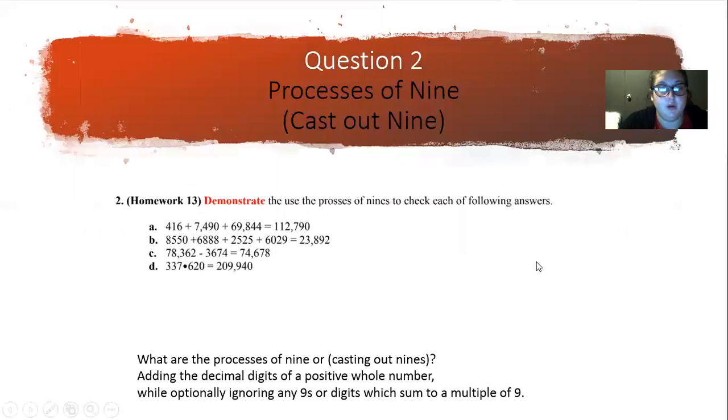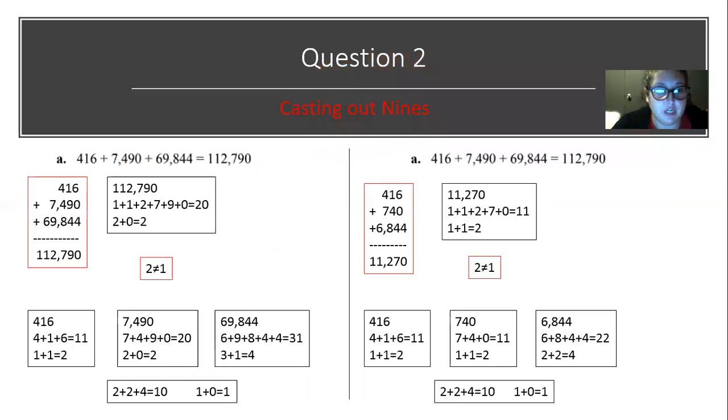All right, we're going to move on to question 2, the processes of 9 or casting out 9s. Okay, so we're going to look at section A first. They've got 416 plus 7,490 plus 69,844 equals 112,790. So you can do this the original way, and you can add it up as I've done right here